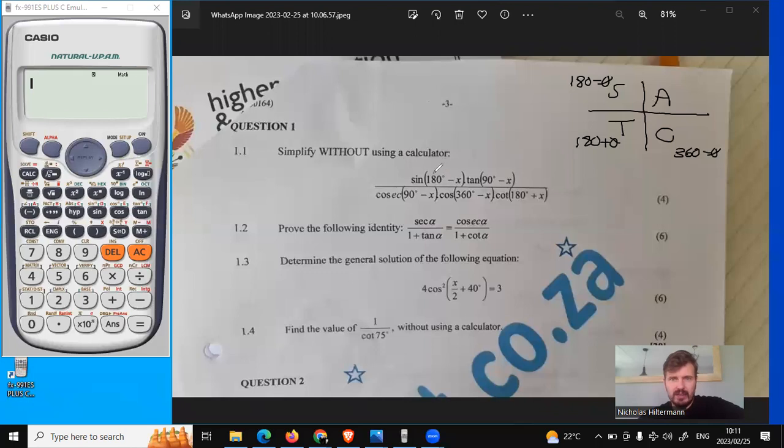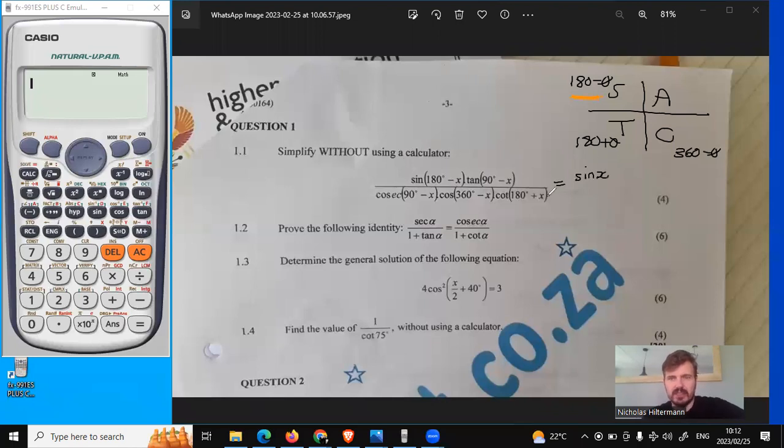So when I look at the sine of 180 minus theta, I go, right, this is 180 minus x, so it's in this quadrant here, the blue quadrant. And so I look and I see sine is positive there, so that would then be sine x. Now,